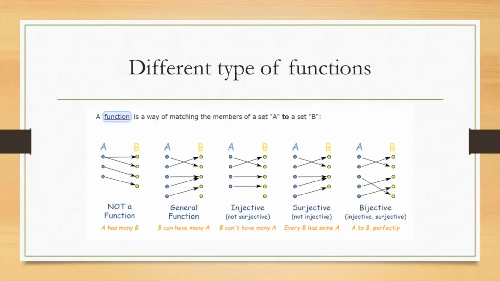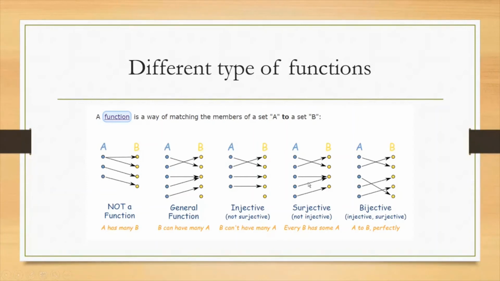So this is a function. Take the first point on capital B, it's the image of some point. Second point, it's the image of some point. Third point, it is the image of some point. Consider the fourth point, it's the image of some point. So there is no point in capital B which is the image of any two different points. So this function is a one-one function. If we take any different x1 and x2, or any two different points in capital A, then its images are also different. So such functions are called one-one or injective functions.